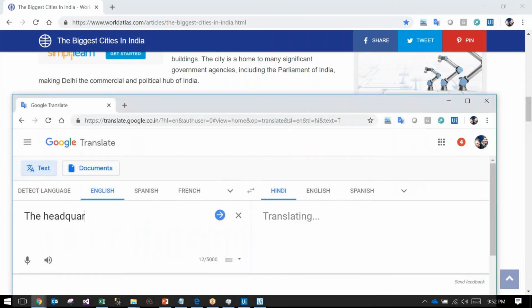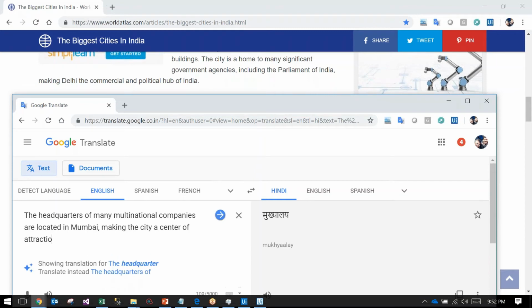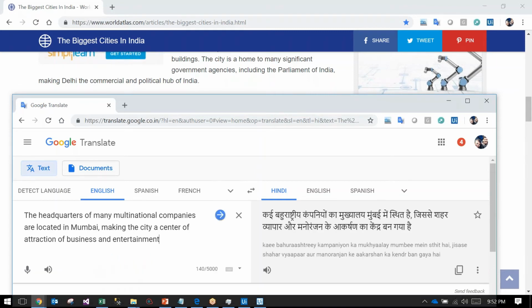It is typing. You can use the set text also. It gets the data from the selected text and types it here, then it has to press translate and press the speaker button. The speaker button is not clicking.